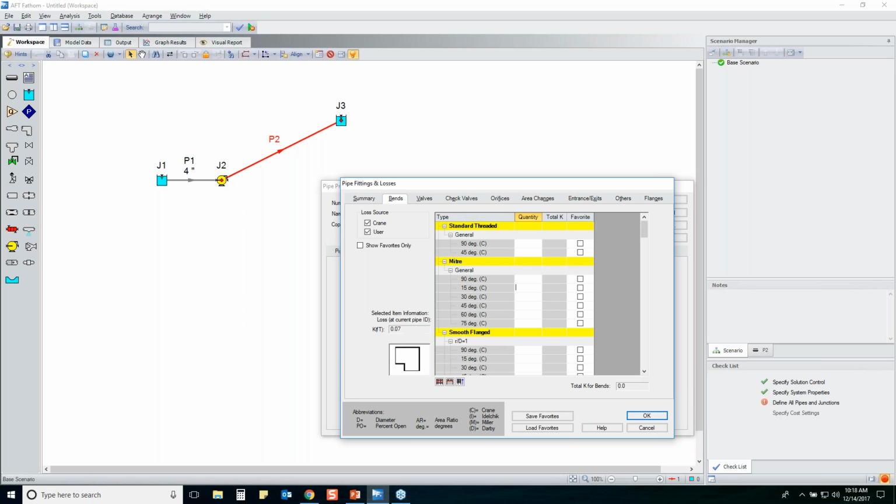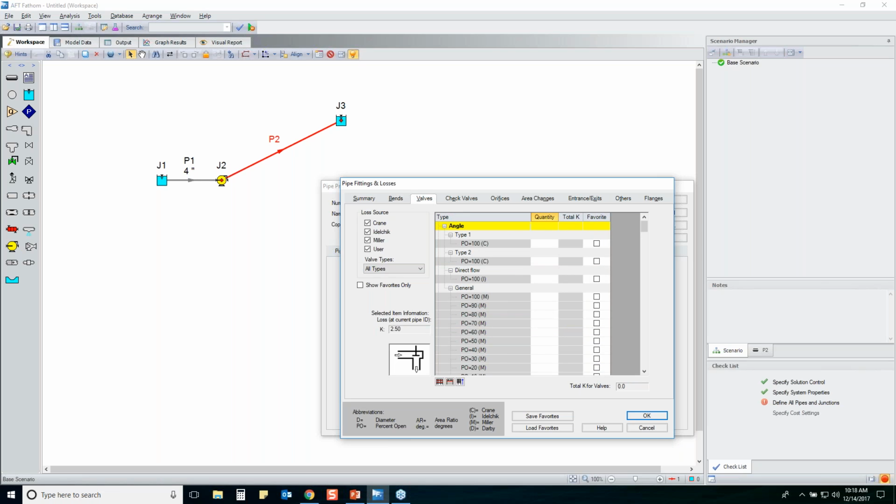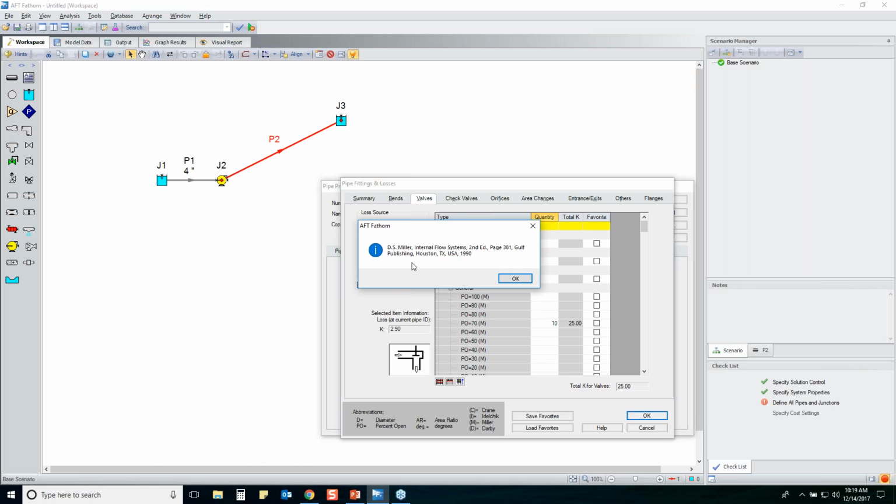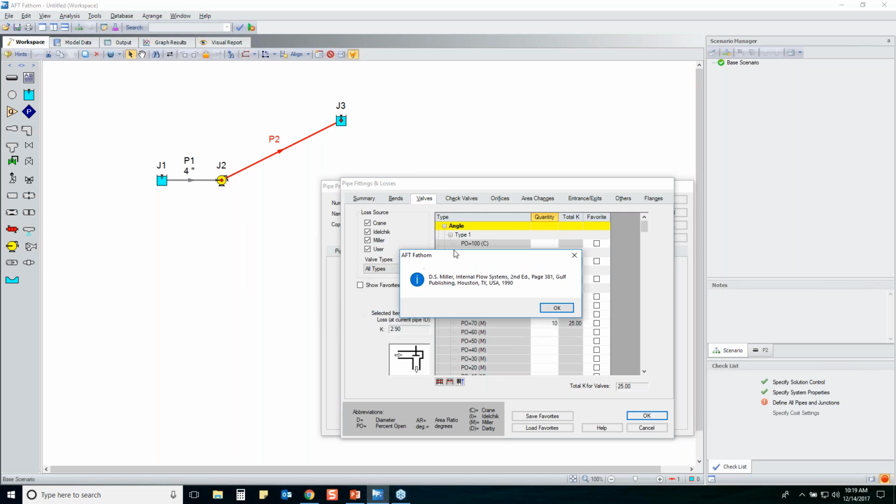so you could have elbows. Maybe there's 3 of those. There's 5 of these. Maybe you've got some valves in there. Whatever. If you click on any of these rows, it's going to show you a picture of what that type of fitting looks like. And if you double-click the picture, it'll tell you what reference we're using for that loss